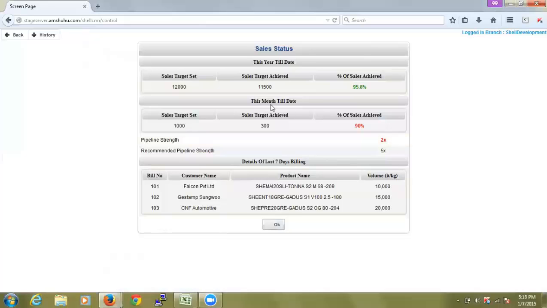If the DSR is logging in, he will be able to see his sales status, like the sales target set for the year, the target that has been achieved till date, and the percentage of sales. Similarly, the target that has been set for this month, the sales target achieved, and the percentage of sales achieved. Then the pipeline strength, what he has in the current pipeline, and then the details of the last 7 days billing.